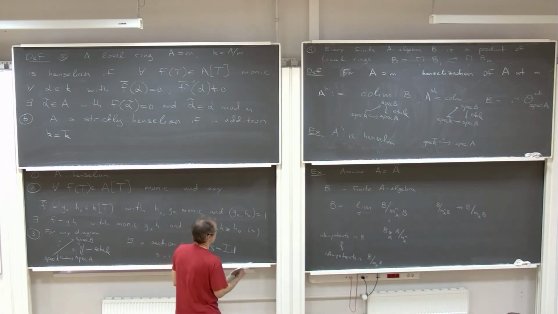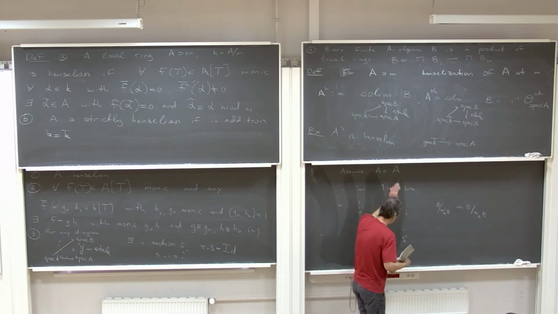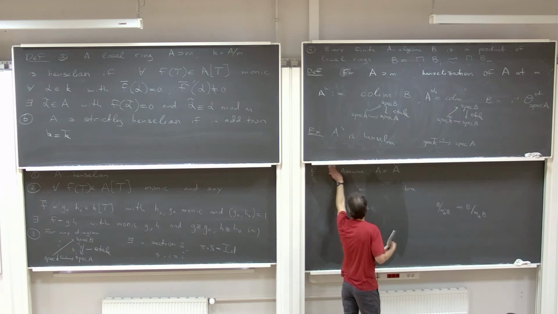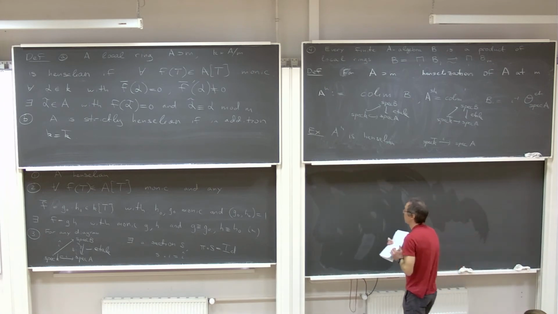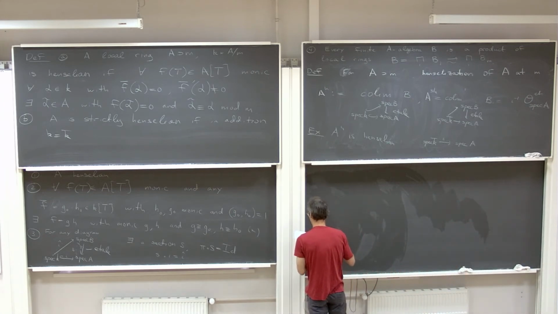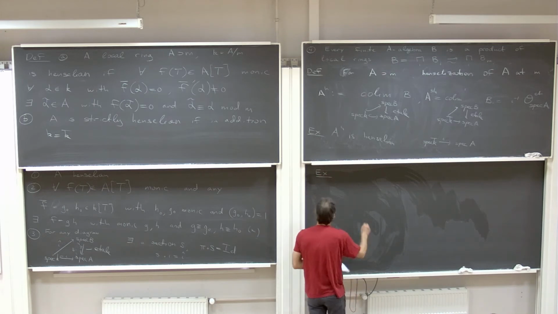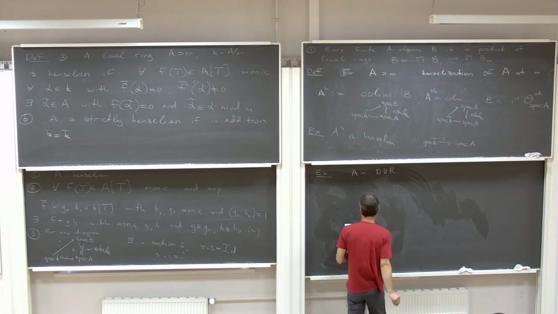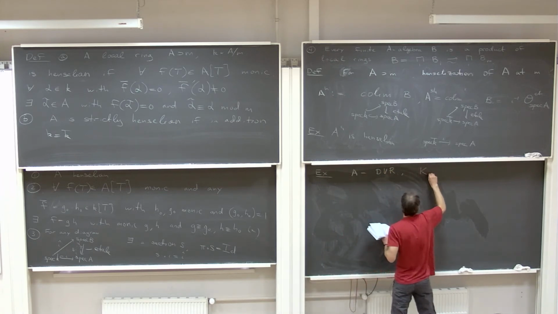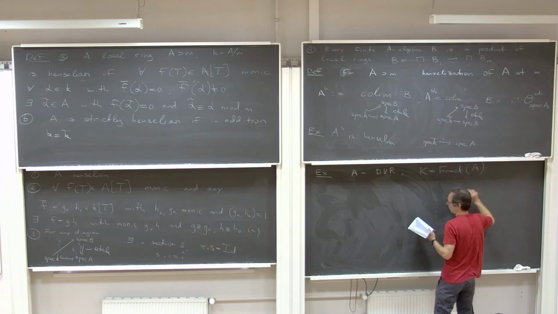Okay. So let's erase this. Now, here is an example of Henselization that I mentioned last time. Example. So suppose A is a DVR, and K is the fraction field. Then